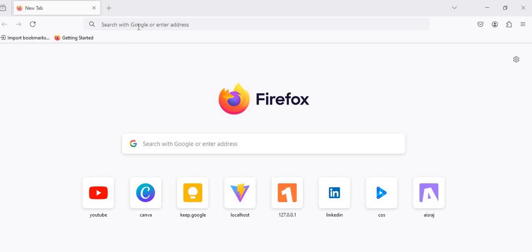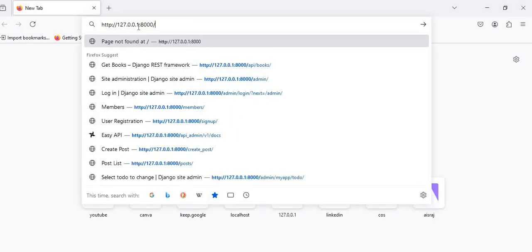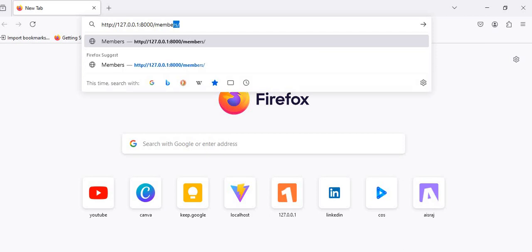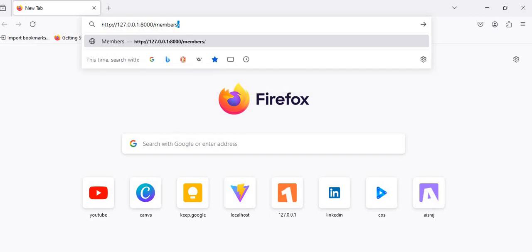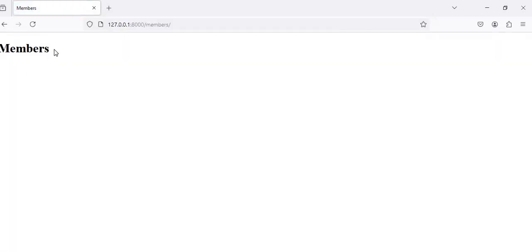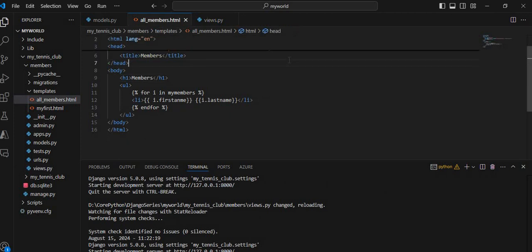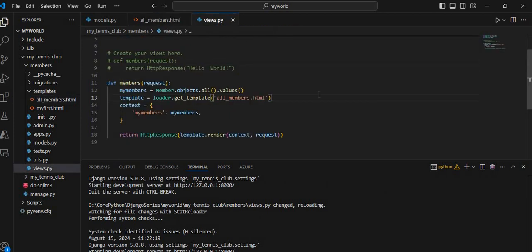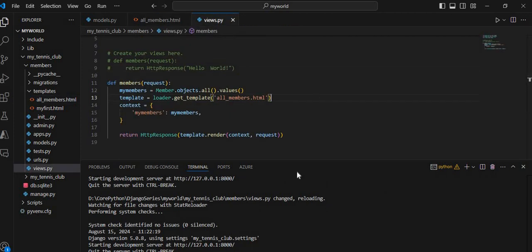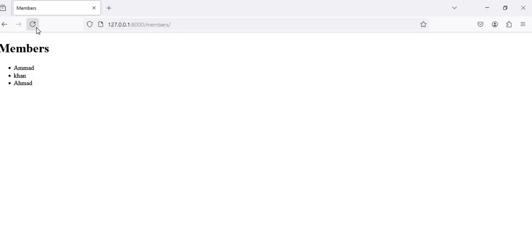ब्राउज़र विंडो के अंदर आप लोगों ने क्या लिखना है 1278, इसके बाद मेंबर्स। जब मैं इसको इंटर करूंगा तो आप देखिए मेंबर्स। Let me save this and this as well, views, save this, and if I open, see guys, I am getting all the members with name Ahmad, Khan and Ahmed. All the members, 3 members,